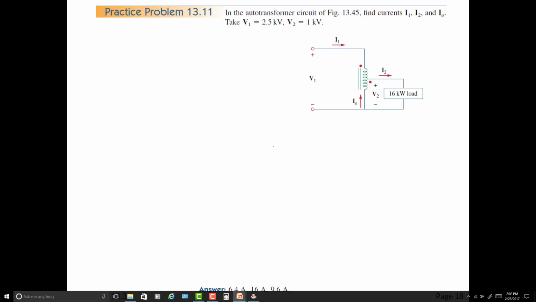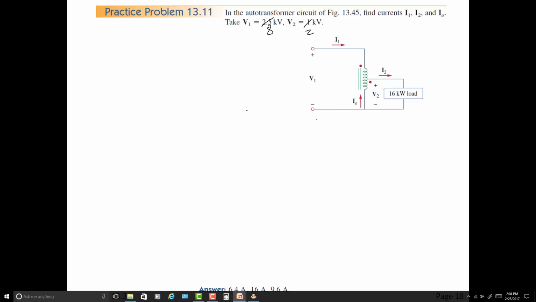Let's try one more here real quickly. This is a step down. V1 is 2.5 kilovolts, V2 is 1 kilovolt. So what can we find right off? Okay, so I'm going to modify this. Sorry, I didn't do this ahead of time. To jive with the text in the 6th edition, V1 is 8 kilovolts and V2 is 2 kilovolts. So with a load of 16